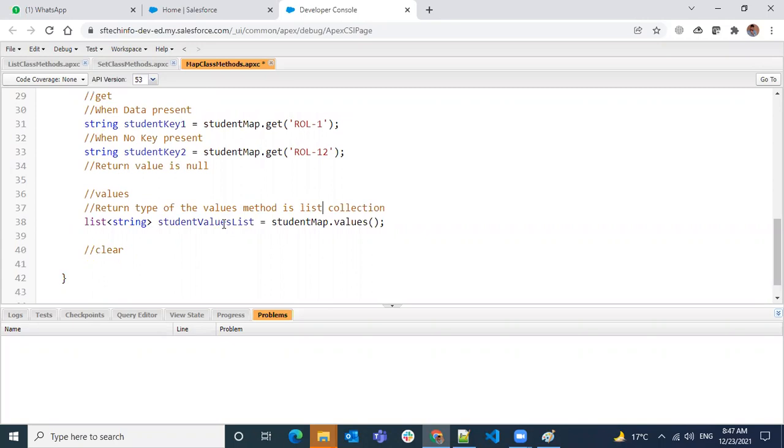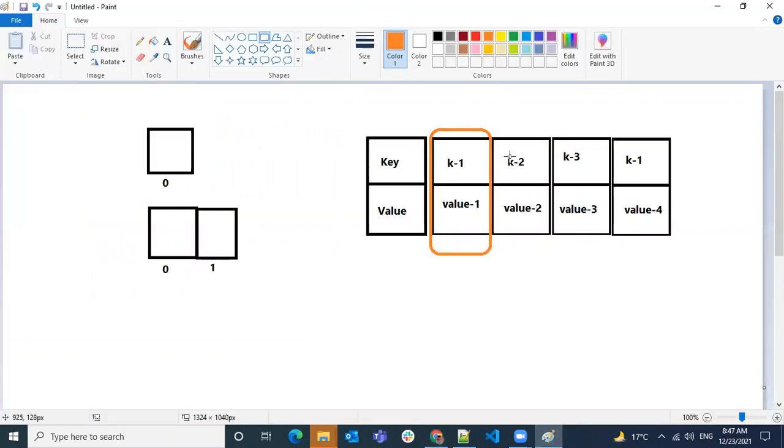Missing something. So in the map we have a key value pair, right? What I mentioned is that in the key value pair in the map, keys are always unique. If you try to enter a duplicate key, it will override the value. The values can be duplicate.